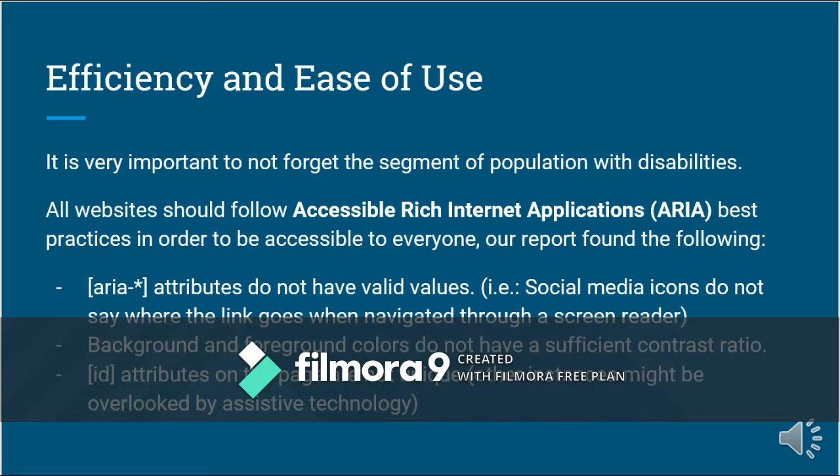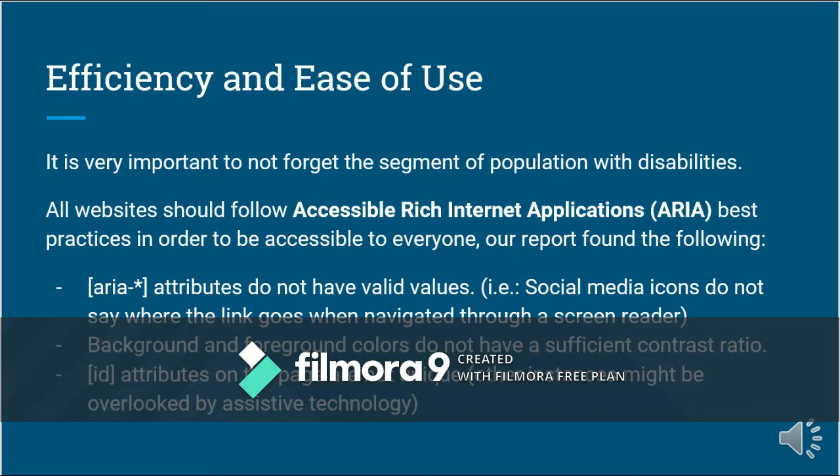Every website should take this into account, because the population with disabilities is a big percent of the population, and for the most part, if the website is created in a lazy way, the website becomes unreachable for this segment of the population. In our report, we made clear how there are many ARIA attributes that do not have values.